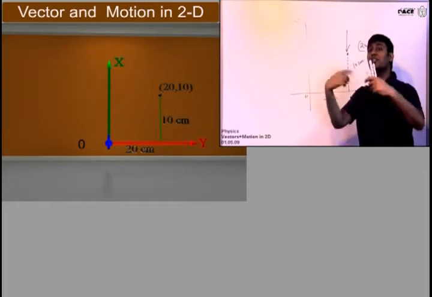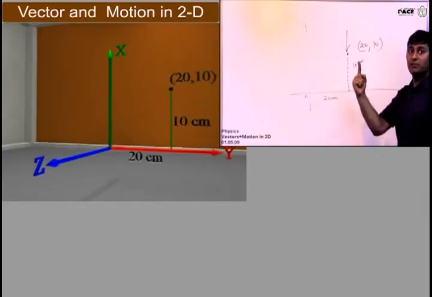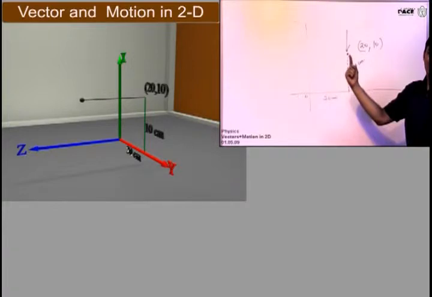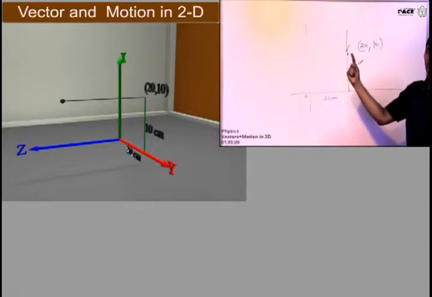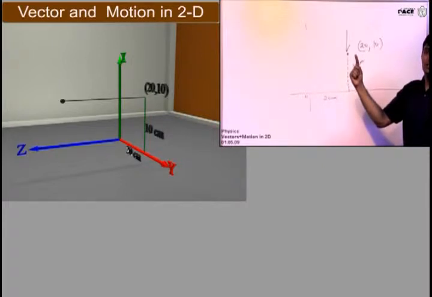If I have a 3-dimensional point, a point which is not on the board but it is in air, this fingertip of mine, please see this. It is actually in air. Please see this. It is not touching the board. Right now, in a two-dimensional thing, you might feel it is touching that point. No, it is not touching that point. It is actually in air. Now, the amount of distance I need to move to reach my fingertip, this will be in this direction. Am I right? This is the Z direction, the third dimension.